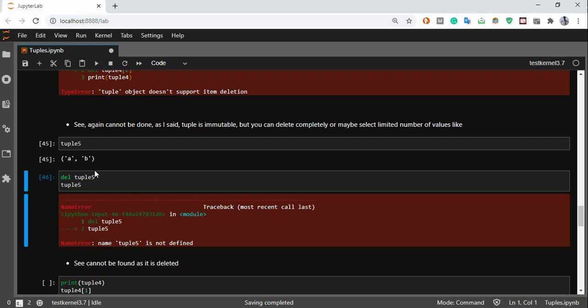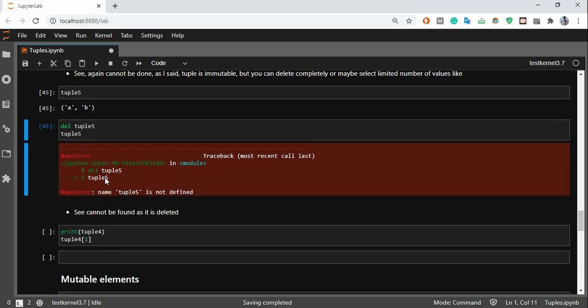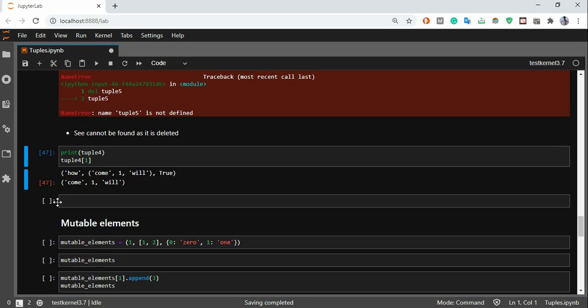See, after I deleted tuple 5, I tried checking the values of tuple 5 and it threw me an error saying that tuple 5 is not defined. So for deleting the entire tuple, just write del space and the name of the tuple, right? This is how it works.